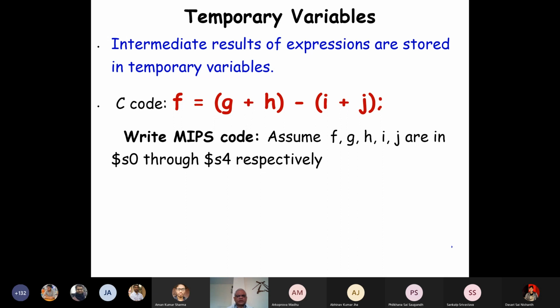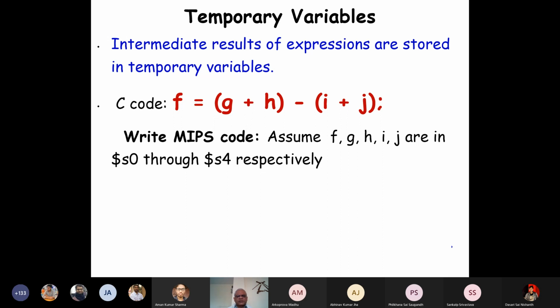Please write this code, based on what we have done so far, with F, G, H, I, J. These are variables, and don't worry about bringing them from memory with load word. Assume that these have already been brought into S0 to S4. F, G, H, I, J are available in registers S0 to S4.